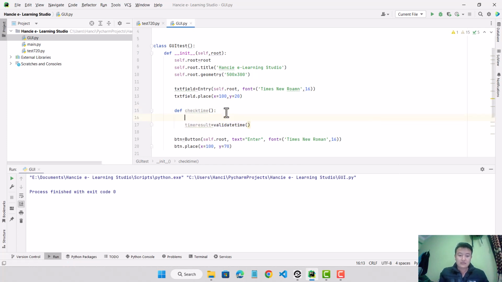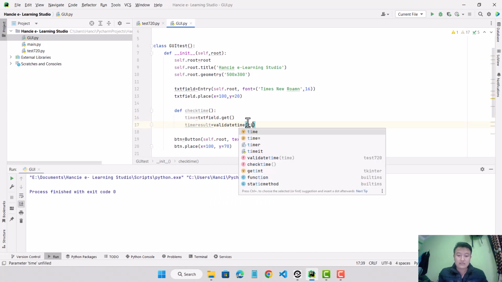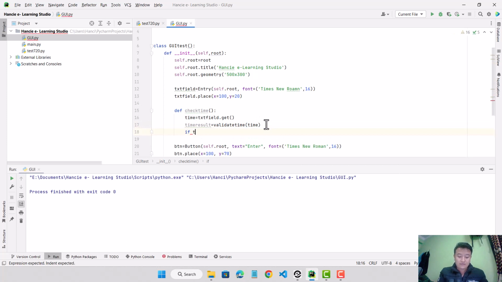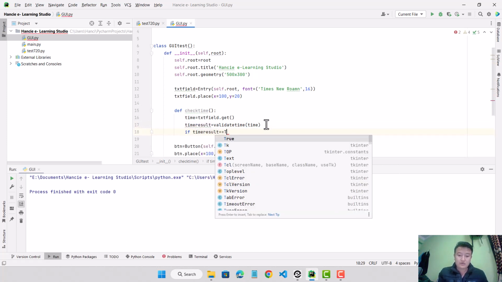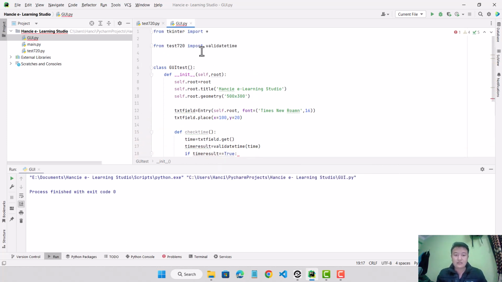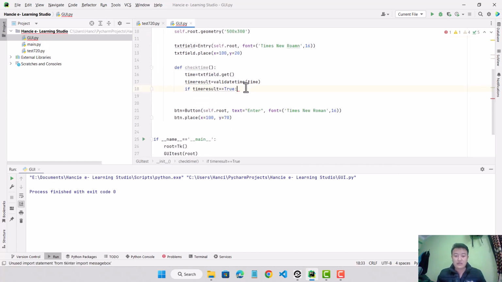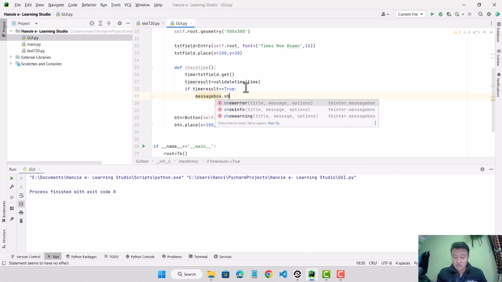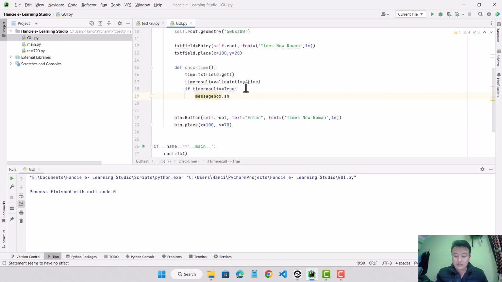Now here I'll write time is equal to txt field.get. Now I'll say if time result is equal to true, then it will show one message. For that, from Tkinter import messagebox, I'll write at the above, and here I'll write messagebox.showinfo,